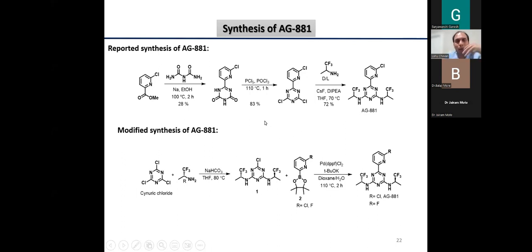Another problem is, in the second step, we need to use POCl3 as a solvent for this reaction. And that POCl3 we need to remove on the rotavapor, and this POCl3 gives a very pungent smell. So while removing it, everybody gets irritated. So we thought to avoid this synthetic route and develop our own synthetic route. Then I took cyanuric chloride, which is a commercially available solid, and the 2-chlorine group was substituted